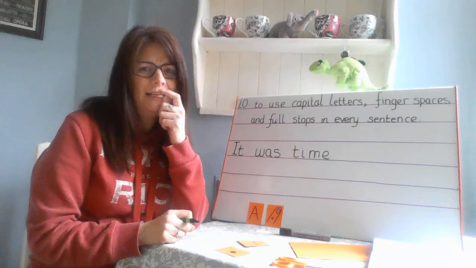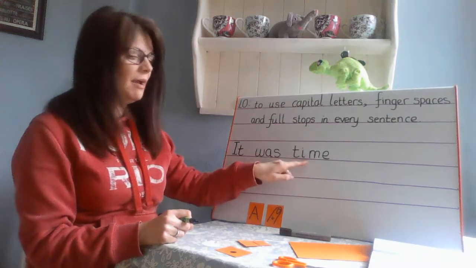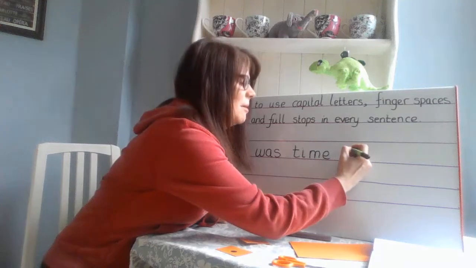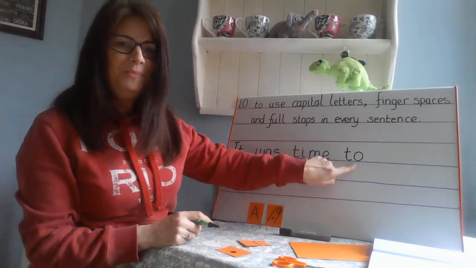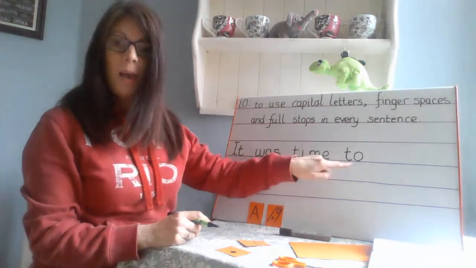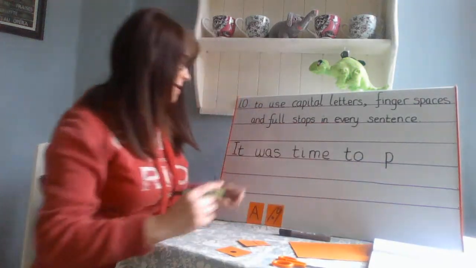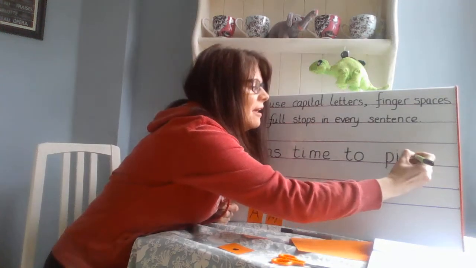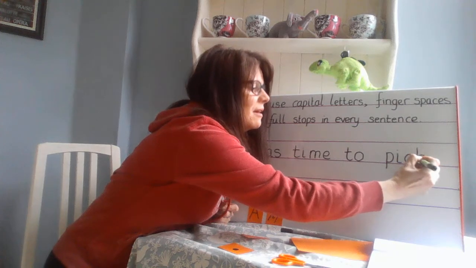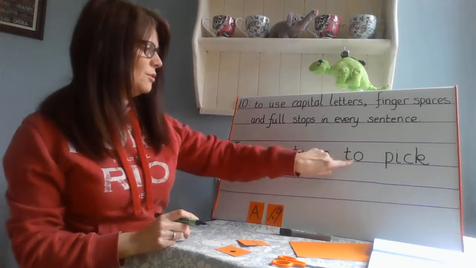So I've still got some words to go. What could I do? I can't remember where I am. I know. I'll read it again. It was time to. Remembering that finger space. Tricky word to. It was time to pick. Finger space. There's that descender, look. It falls below the line. Pick. It was time to pick